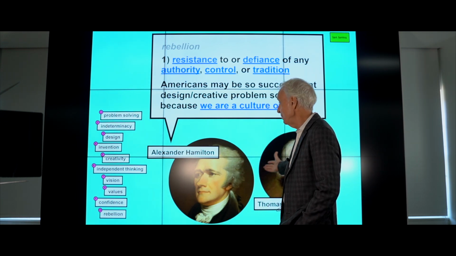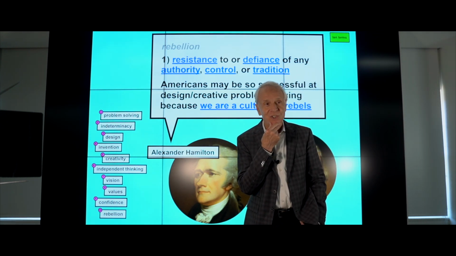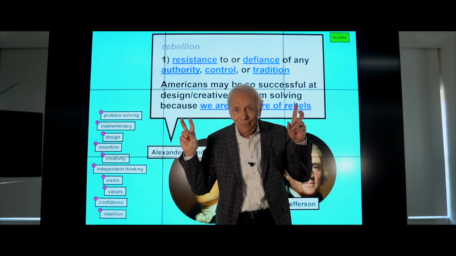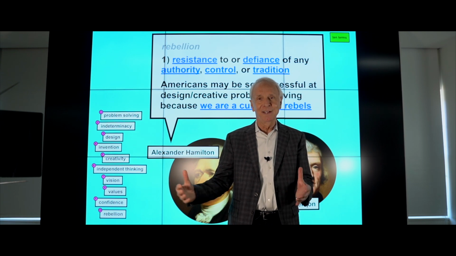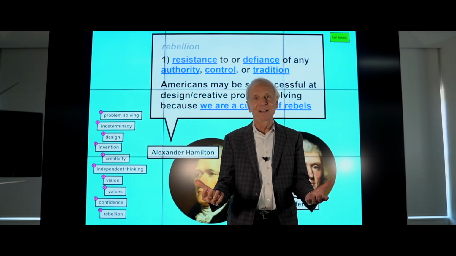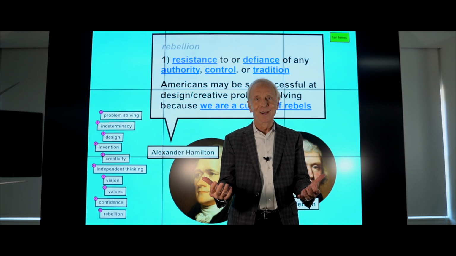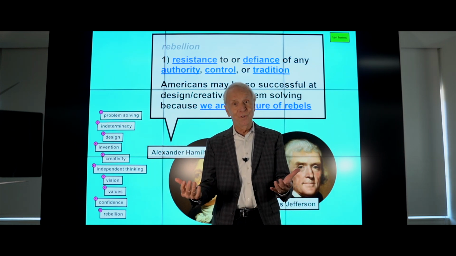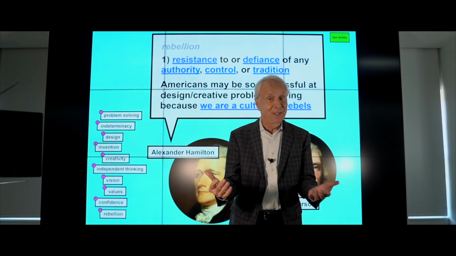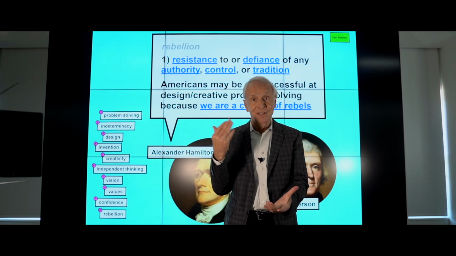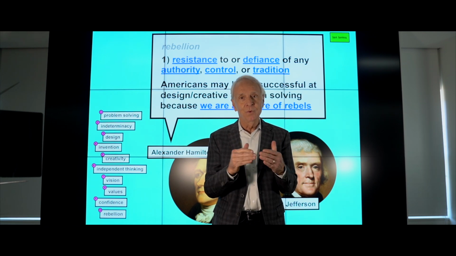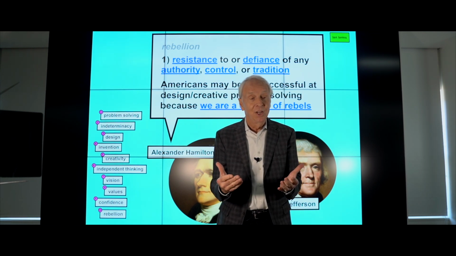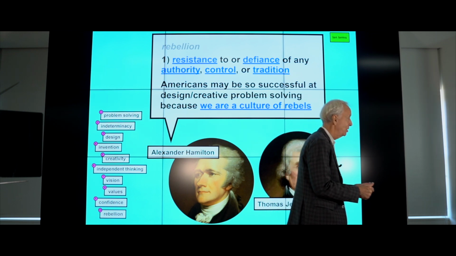All the way from the very beginning, people like Alexander Hamilton and Thomas Jefferson started a revolution. They were rebels. Now we think of them as old white guys that are on money. But in fact, they were young Turks who were extremely rebellious. And if that war for independence had gone a different way, which at many points it looked like it was going to, they'd have had their heads chopped off. This was a high-risk situation. They were very, very rebellious. And in some ways, you have to be rebellious in order to be creative and to solve problems in a creative way.